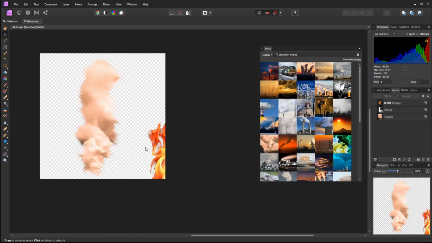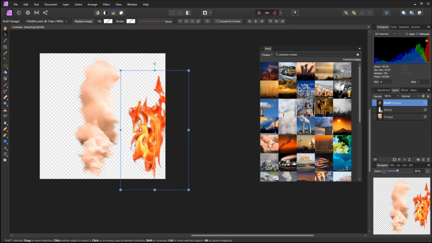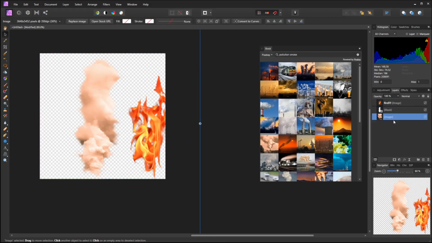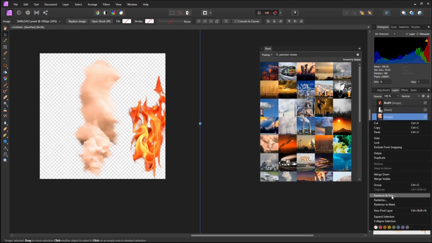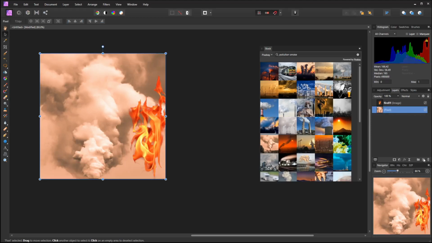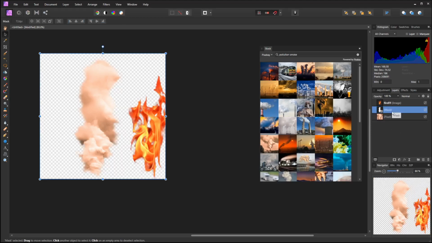And I'll delete that later, but this will just give me an idea for color and contrast. Also, what I want to do is select this image here and do a right click and rasterize and trim. And not sure how I got this extra layer, but I'm just going to delete it. Well, I don't want to delete it. I want to